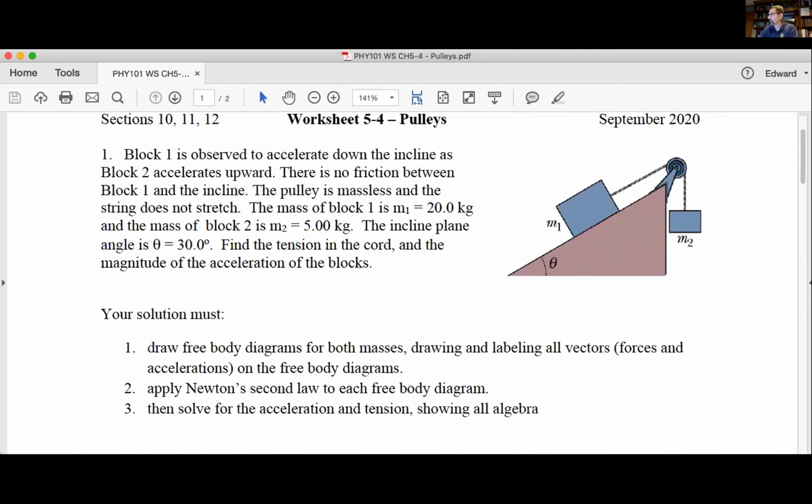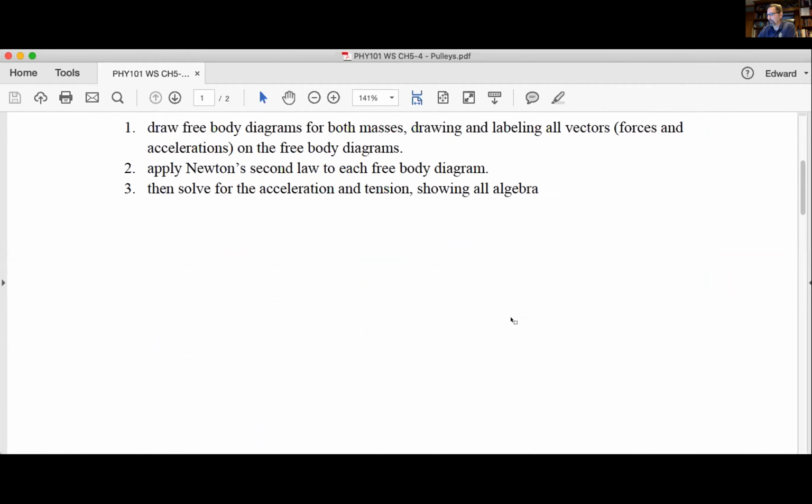So here's the two problems. You can see a pulley and, of course, an inclined plane. We can always combine, and we're giving you the mass of the two blocks. We're telling you that it accelerates upwards, and we want to find what that acceleration is and what the tension is. We also give you the angle of that inclined plane. Okay, so half of you are going to work on this problem. And then the second problem